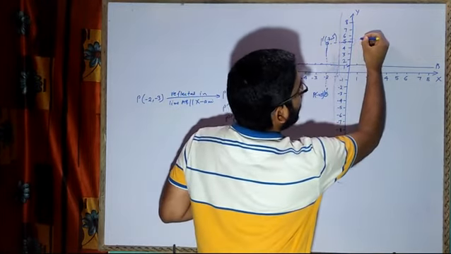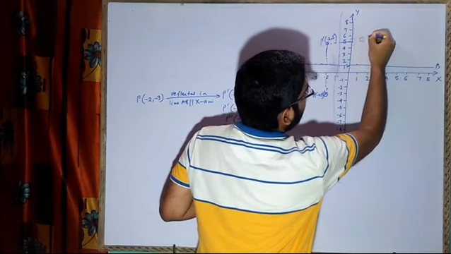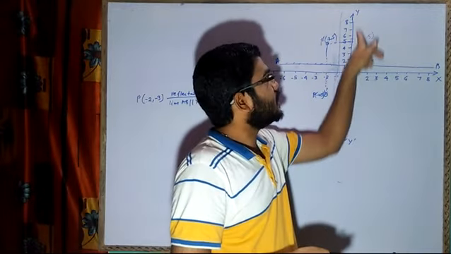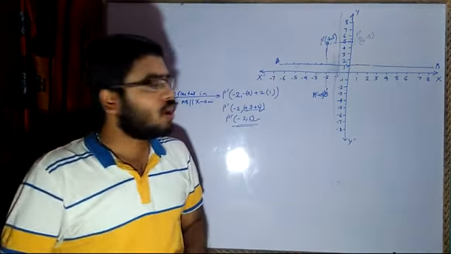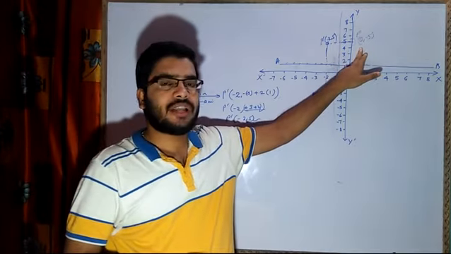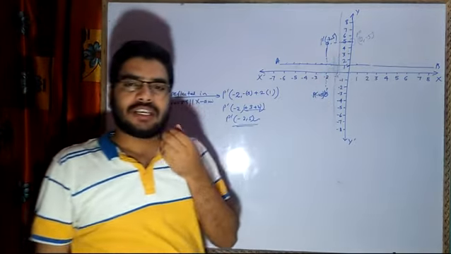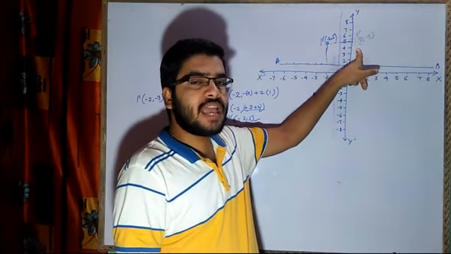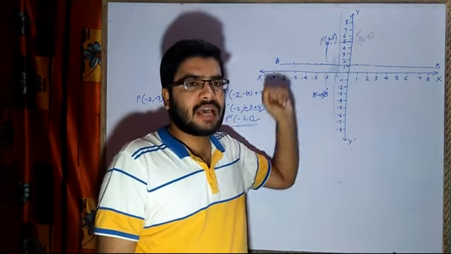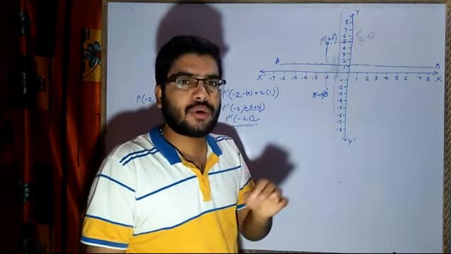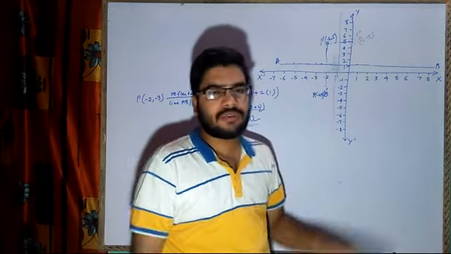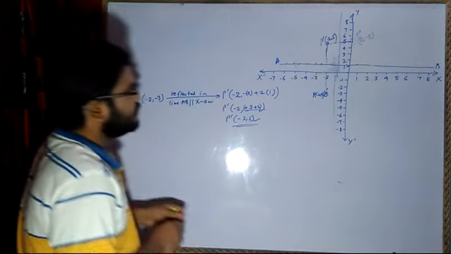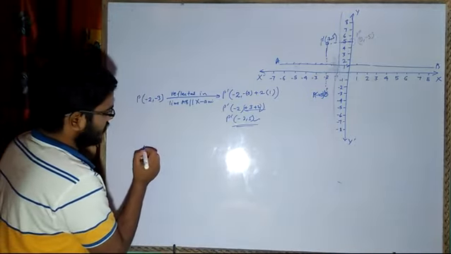So here it will become minus of 5, right? 0 will be there and then minus of 5, because this point is lying on the y-axis, and we all know that whichever point is lying on a particular axis, that axis value is there and the other axis value is equal to 0. So here it is lying on the y-axis. So every point on the y-axis has a coordinate of x equal to 0 and the corresponding y value will be there. Now if we have to see the formula, then we will say that p dash